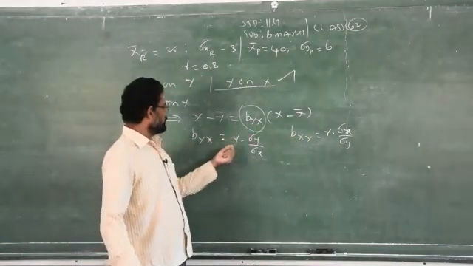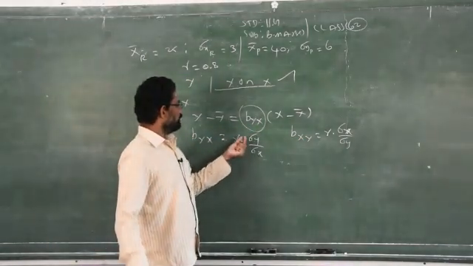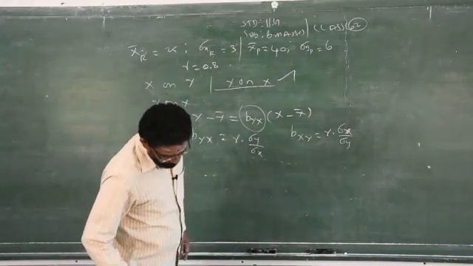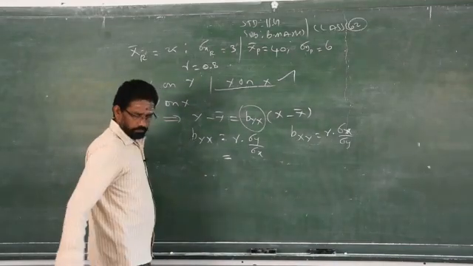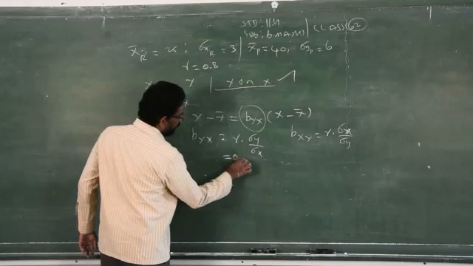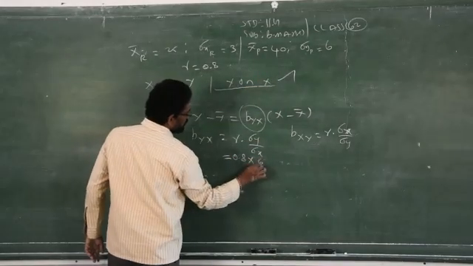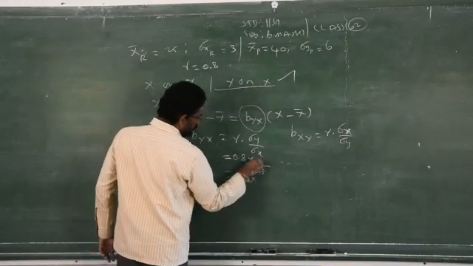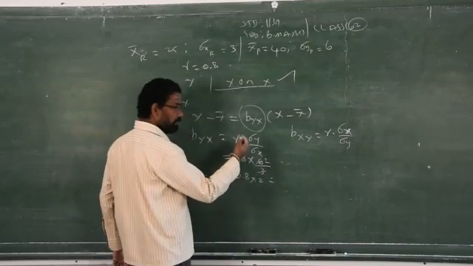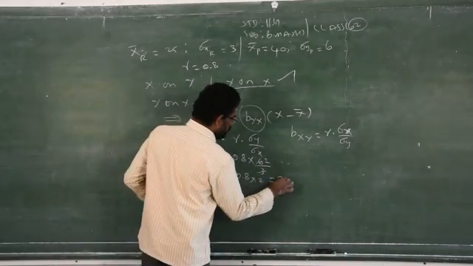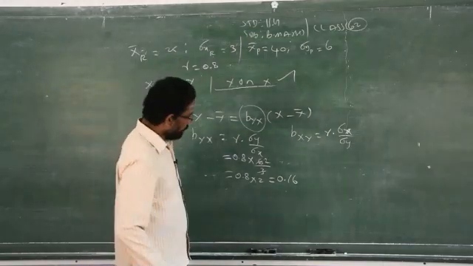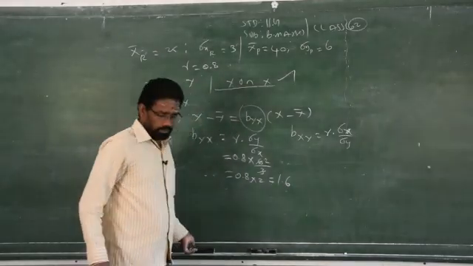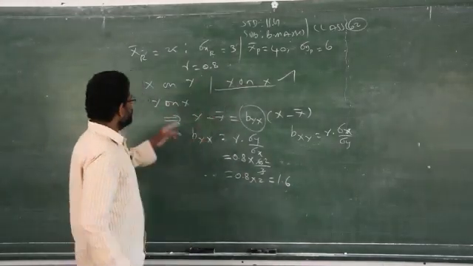But here I need only b y x, therefore, I can take correlation into sigma y, standard deviation y by sigma x. Just substitute all this information in the given format, and you will get 0.8 into, what is your sigma y? 6 by, what is the sigma x? 3. Just simplify. Use a calculator, please don't use manual work. Here I am doing it, but you have to do it with a calculator. 0.16 or 1.6? 1.6. 2 8s are 16, that is 1.6.